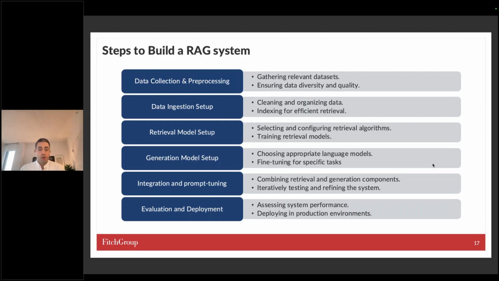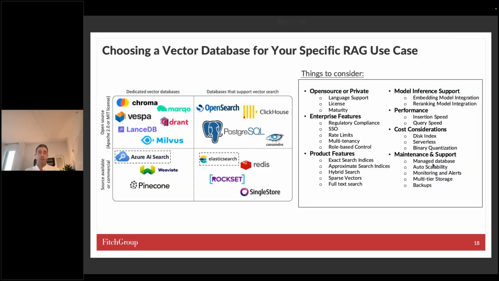And then evaluation and deployment. These systems are dynamic. You're ingesting new data all the time. The types of questions that users are asking might be changing. You need a way to evaluate these and make sure that they stay performant. And if they don't, then you have to identify where your chain or your pipeline is breaking down in order to be able to work on that particular component as quickly as possible.